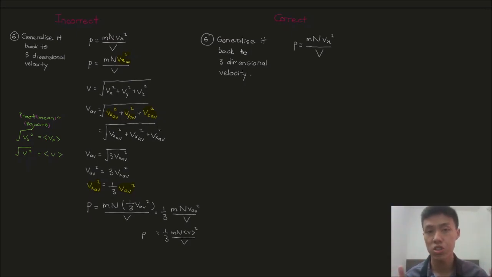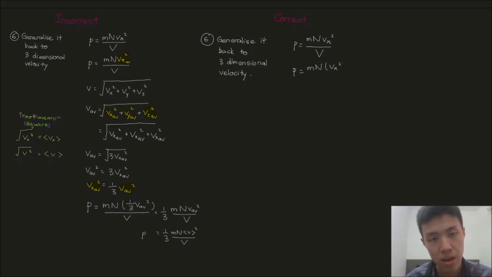With this form, what we did last time is we want to generalize it to cover a range of speed. We have high speed, we have low speed, we have moderate speed. Previously we assumed that they are the same, but now we want to take away this assumption that they are all the same. So we replace this Vx square with the average of Vx square. So the correct thing that I should write is mN